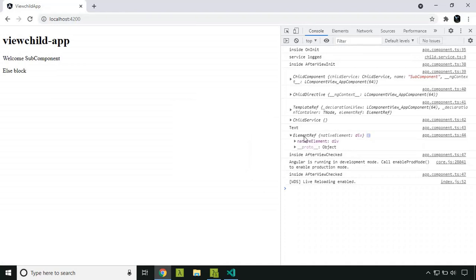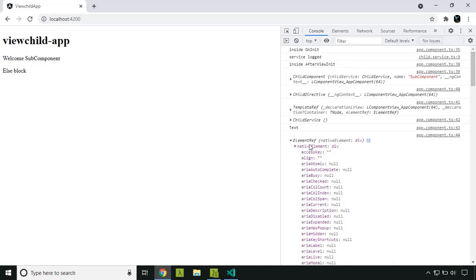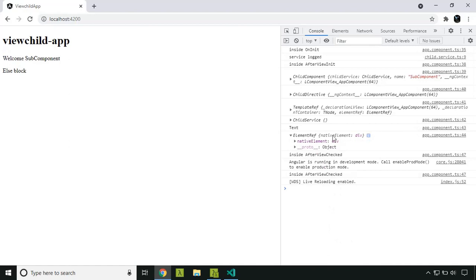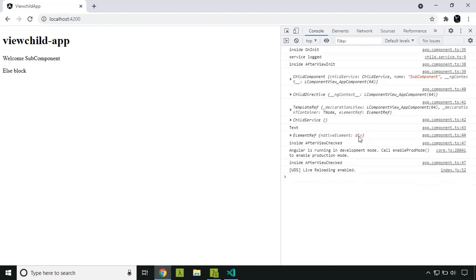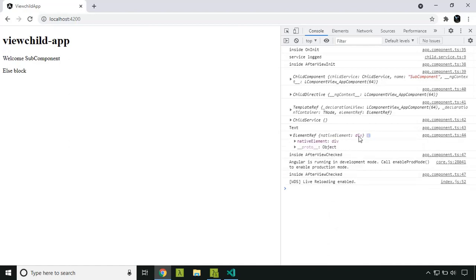So here you can see that now I am actually receiving the element reference to our div, which will be holding our directive. So this is the most commonly available result. Whenever we add a template reference variable to any HTML element, usually we will get the element reference.